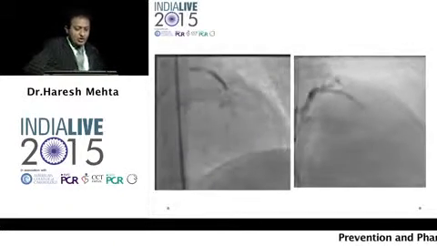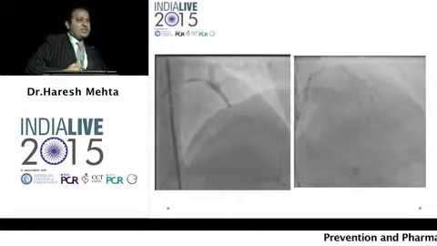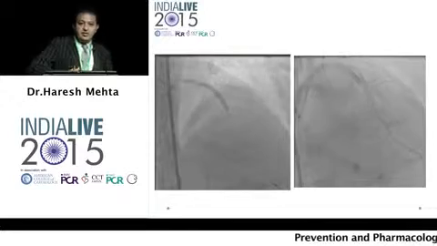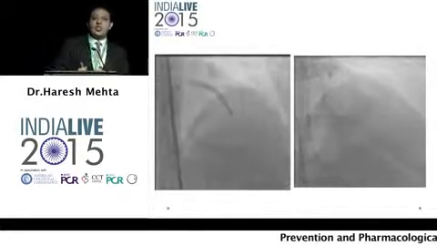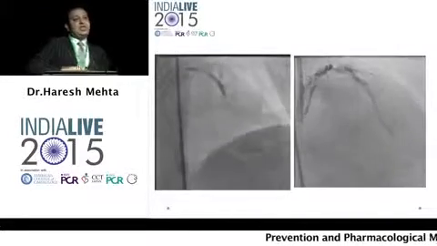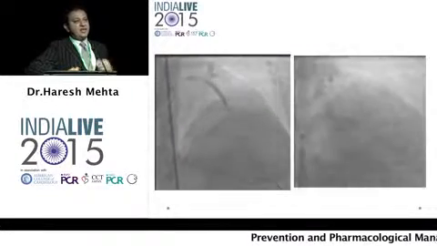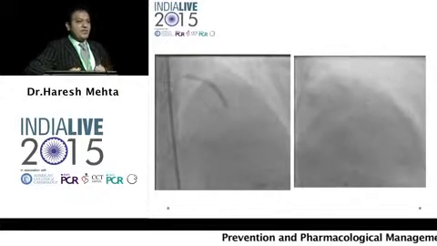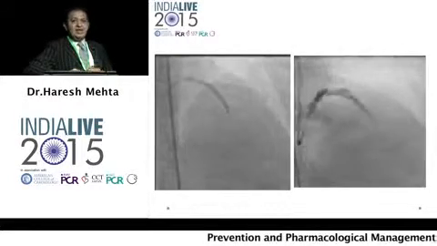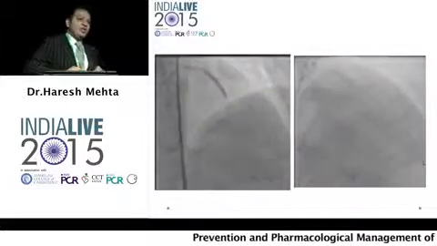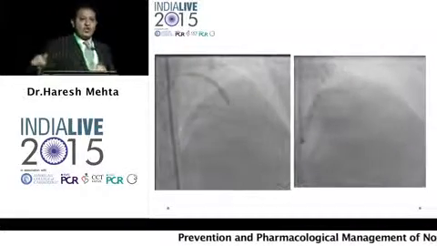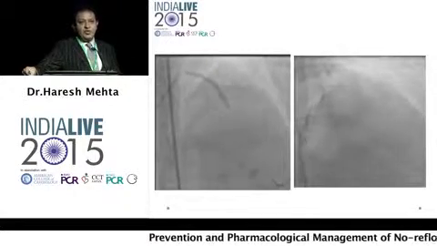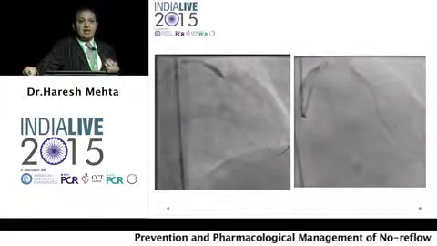So to conclude, I would say no reflow is a problem in acute myocardial infarction, and we really have no clear answers what to be given, what not to be given. Each has his own individual practices. Each one knows what is best for them or in their lab. But the ultimate aim should be that we should be persistent and not let the patient off the table till we have established good flow. Because many a times we just leave it at TIMI 0 or TIMI 1 or TIMI 2 flow. There the outcome would be really not great.